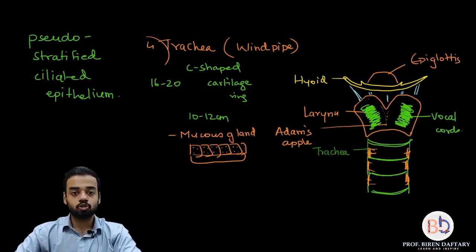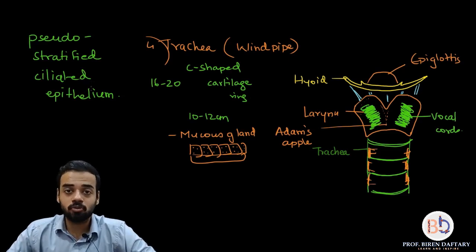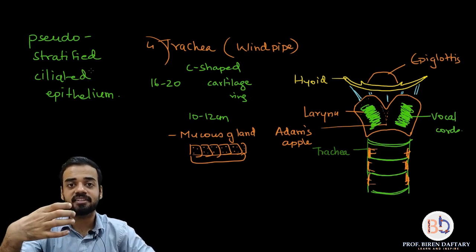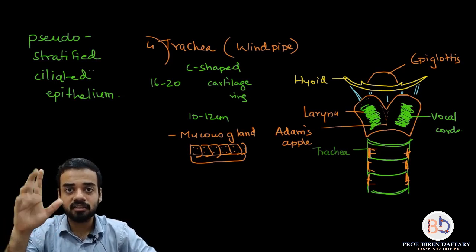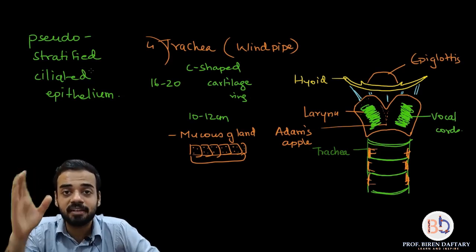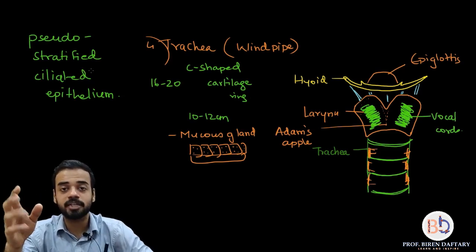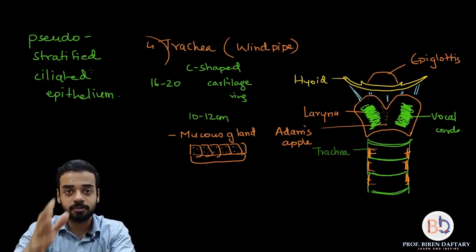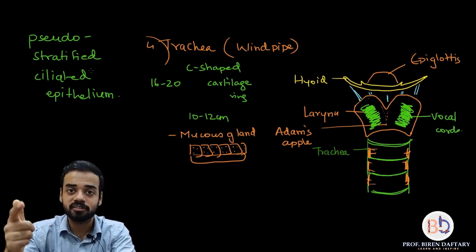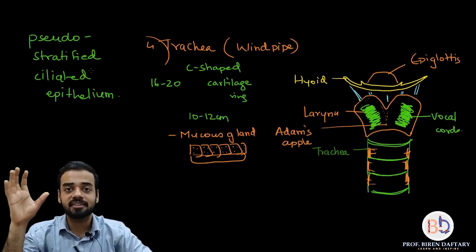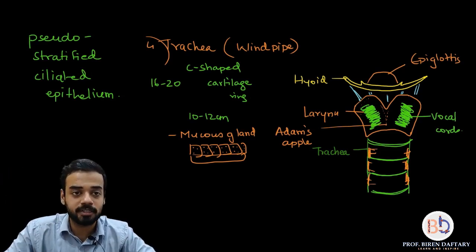Is this clear? So in the trachea, what is very important to remember? First of all, that it is made up of cartilage rings. Cartilage rings are sturdy and elastic, that is why they are present. The length is 10 to 12 centimeters. Then you have to remember the epithelium from which the trachea is made: pseudostratified ciliated epithelium, which I have explained to you. Finally, the internal surface is made up of cilia and mucus glands, and I have told you their function. So that is your trachea, the fourth part of your respiratory system.